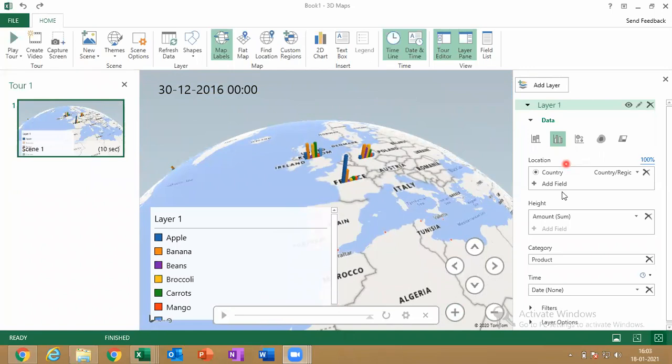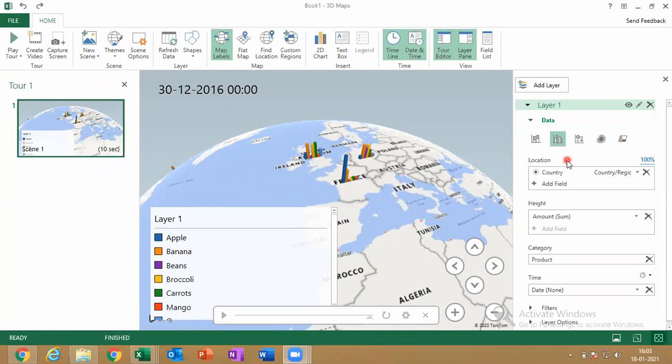Sir, can we do it for the states of India? Yes, exactly. We can do anything, but the names and spellings should be exact. Then it is fine to do anything anywhere. It's a new feature. Even if it is tough, you can find it on YouTube also. So you should have data like this.